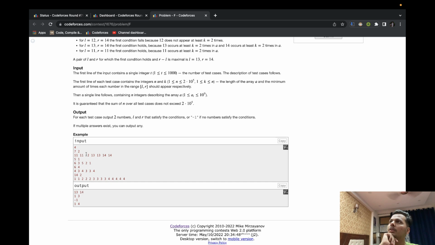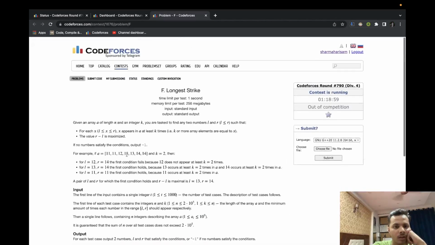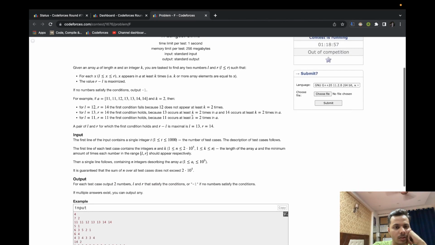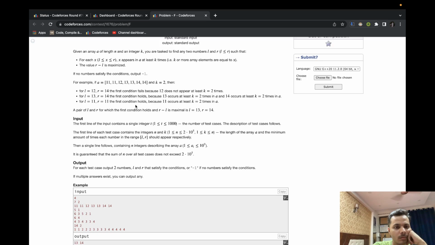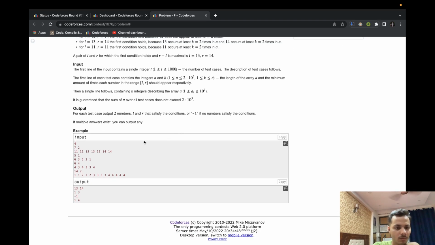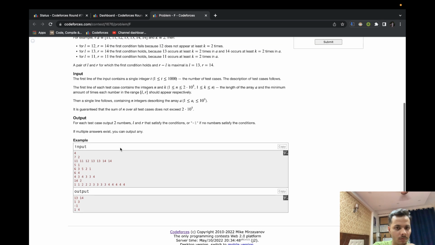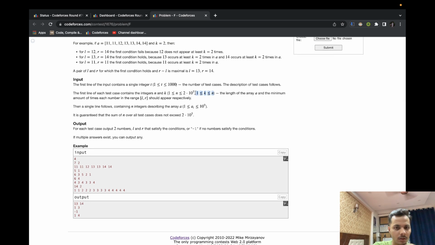Frequency of all elements exceeds k. Let's think about this. K can take any value from 1 to n.